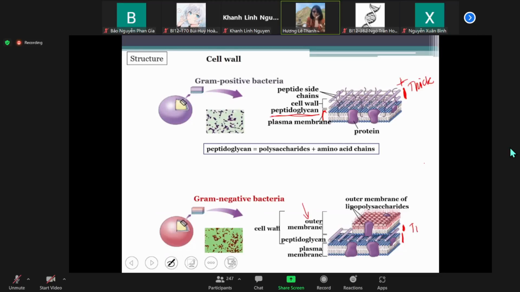They have multiple layers, and these have only monolayers with the negative, but they have an outer membrane composed of lipopolysaccharide, which is lipids plus polysaccharide, so they are protected by one more outer membrane. And when we stain these two types of bacteria by Gram staining, they result in purple